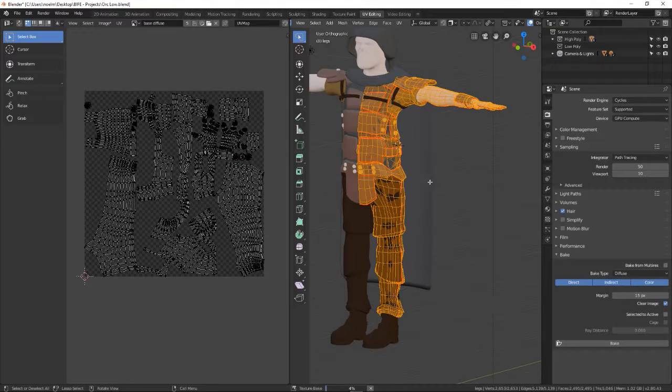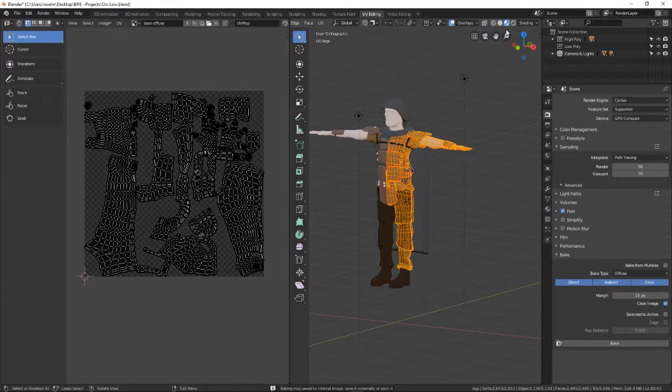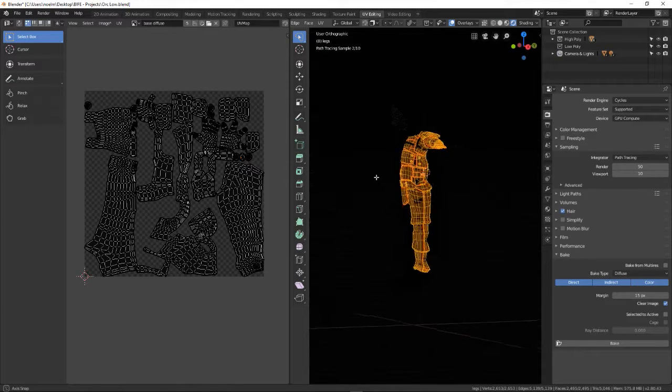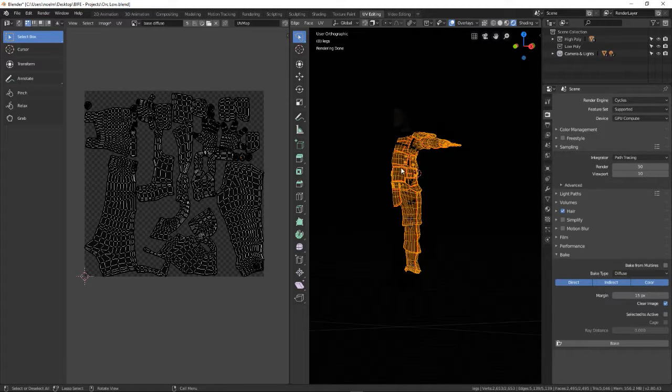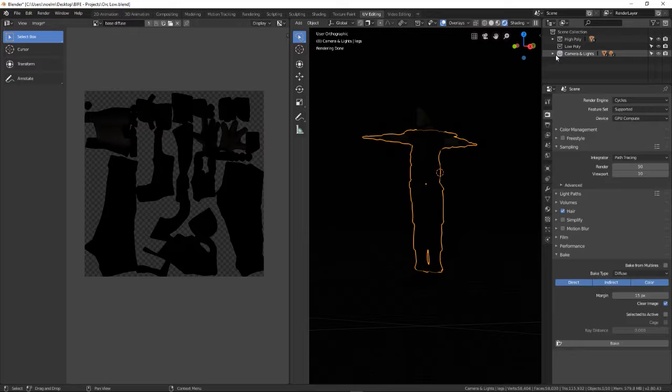And depending on the speed of your computer, this will take different amounts of time. It won't show you anything normally here until it's completed. And what we should see is this color information baked into this image. Now we're only in textured mode, so we have our two lights here. So let's see what this guy looks like in rendered mode. So we can see that it's baked black, and that's because it cannot see the